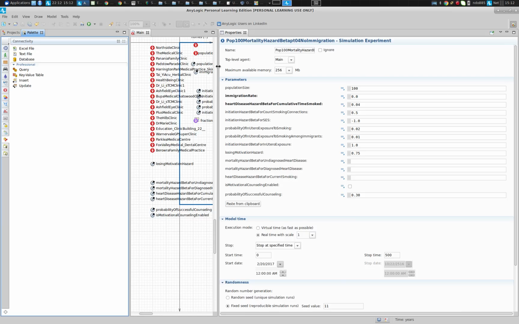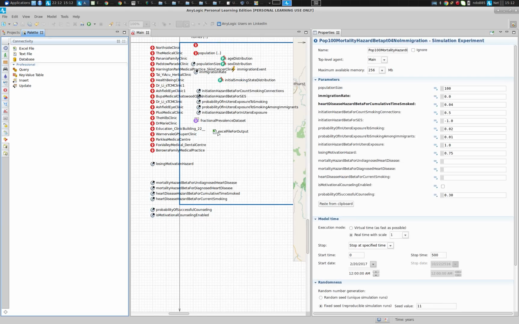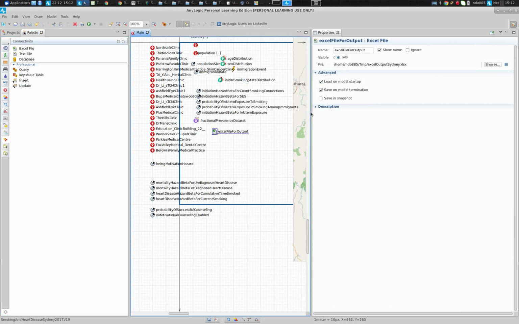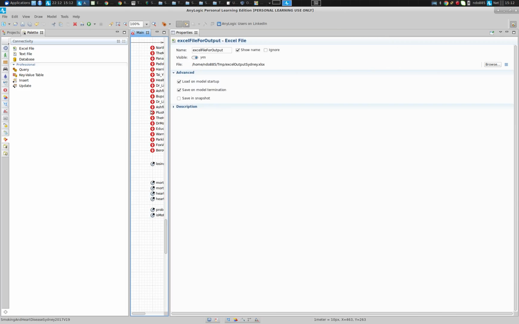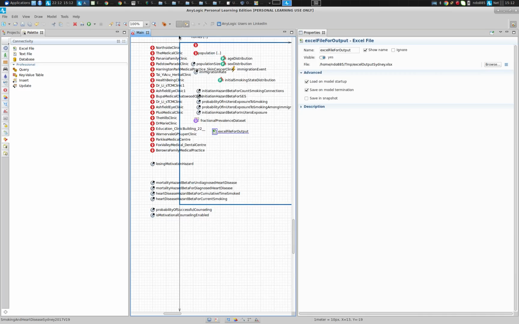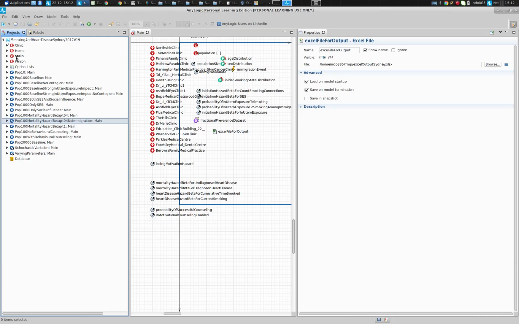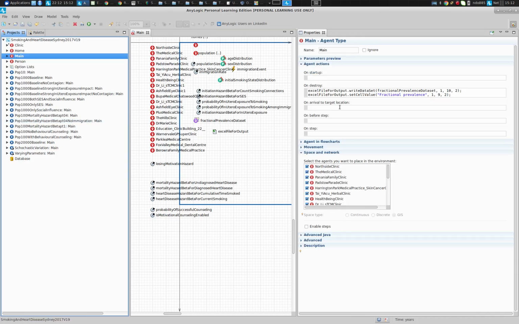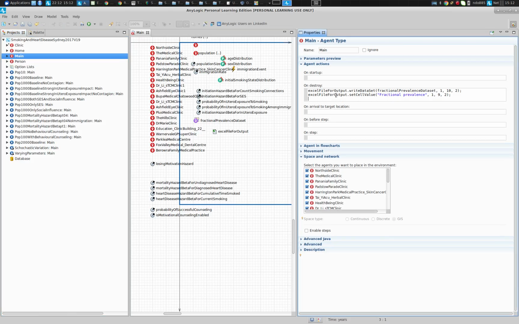If there's high demand for doing this after the break, I could do so. It takes about 15 minutes probably to do a decent job with this, maybe 10 to 15 minutes. But the basic deal is I'll illustrate with the mechanisms we have here. So if you go again to main and you go to on destroy in main, this place where we're writing this out, I'll just point out that if you say Excel file for output